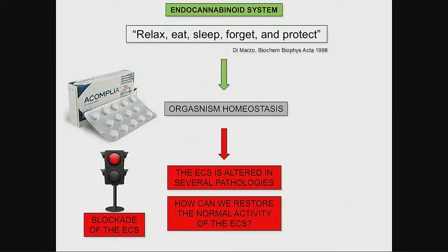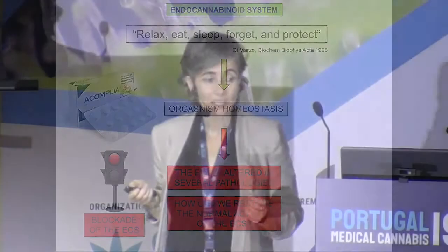And again, we were blocking the endocannabinoid system, specifically CB1 receptors. But the CB1 receptors are not only in the parts of our brain and our guts that control appetite. They are also in the parts of the brain that control our mood. We are happy when our CB1 receptors are activated, and on the other hand, we are sad when we block those receptors.